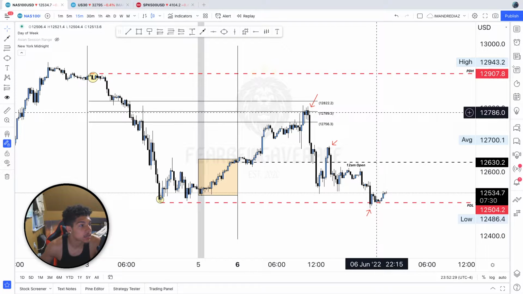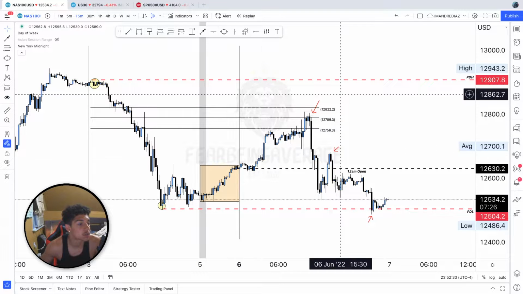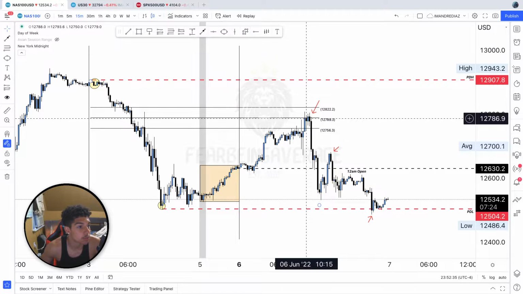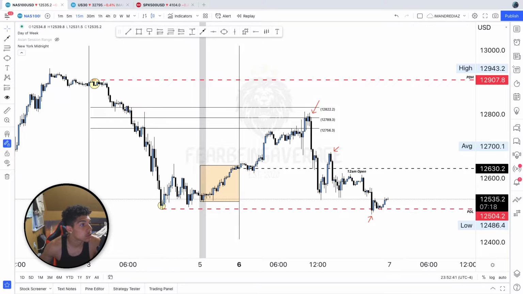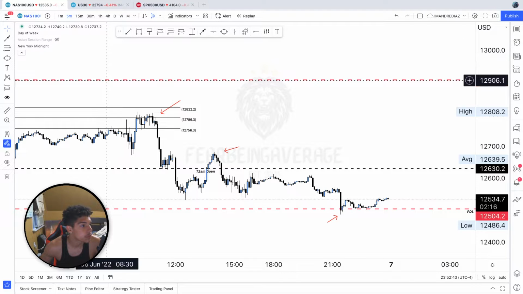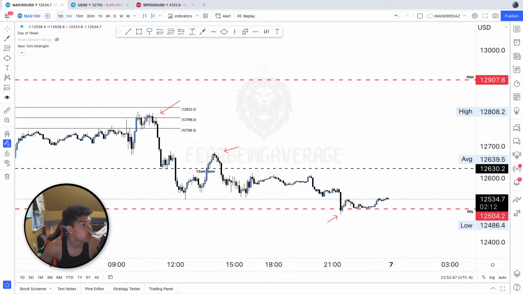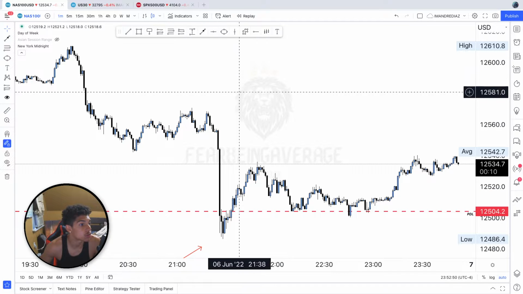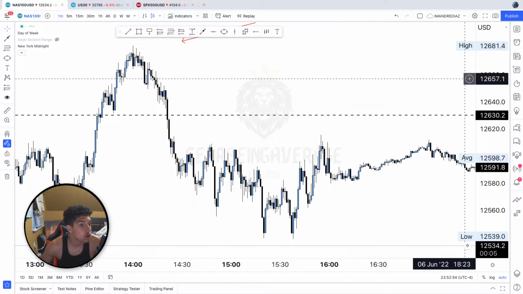You're getting a little bit of a picture painted on why price did what it did here, because mind you guys, I was able to catch this short up here. I didn't hold the full thing, unfortunately, and I will get into why I didn't hold it soon. But if you go to the lower time frame, you're going to see there was a lot of consolidation happening, mind you. And I was trading this on the 1 minute time frame when I was trading it. So it might not look as bad now, but during all of this,